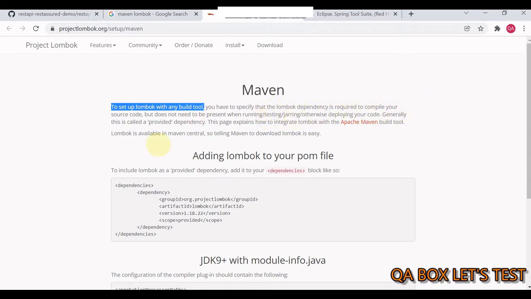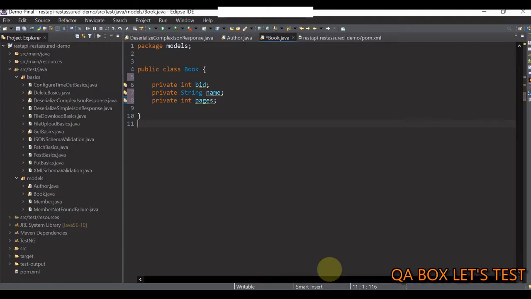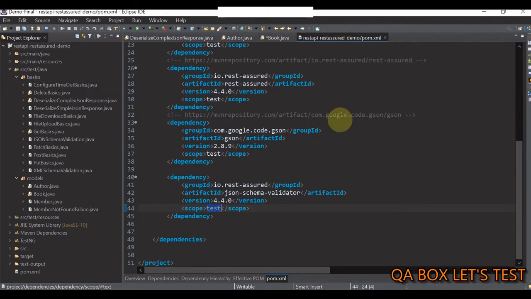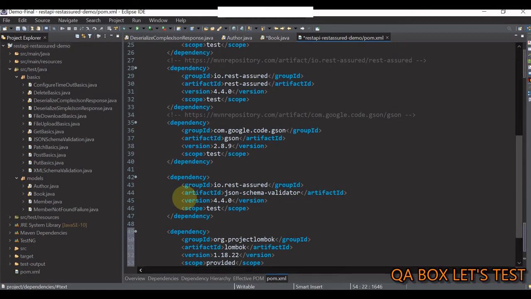Generally this is called a provided dependency, and hence guys, you see the scope of it. All right, so let's copy this much, go back to Eclipse, open pom.xml and add this in here. Control Shift F and Control S. All right, so the dependency is now added.